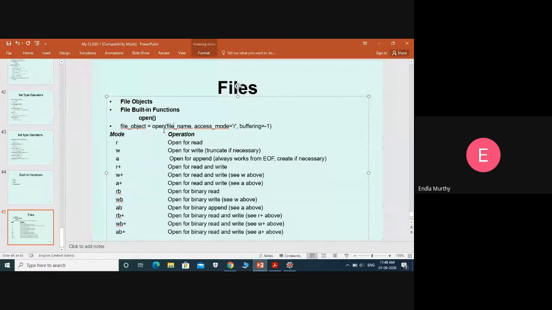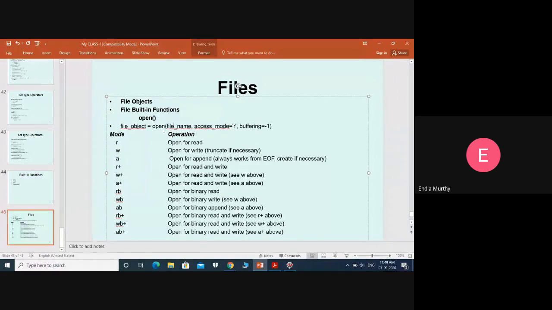Now, related to file creation, the mode we use also affects whether it creates the file or not. So let me see that, right? First, R means the file opens in the read mode. That means the only operation we can do on the file is read. We can't write, we can't do any other operations, right? W means write mode. If we open the file in the write mode, we can do the write operation only. We can't read from that file, right?